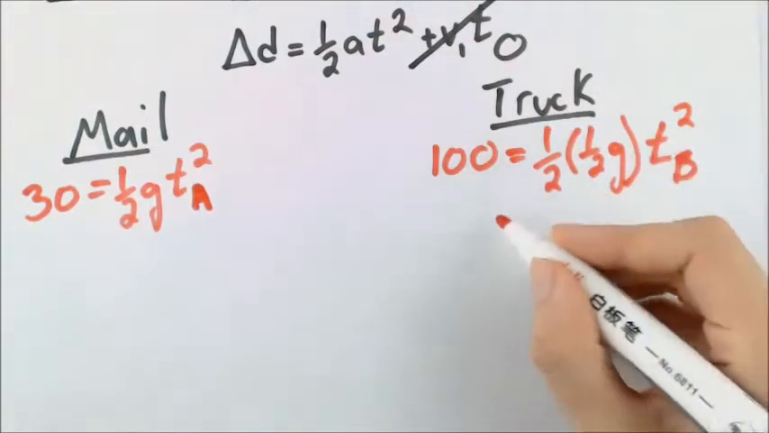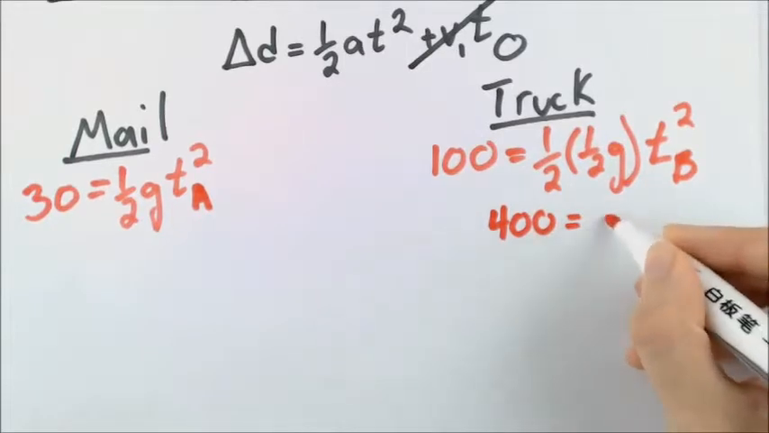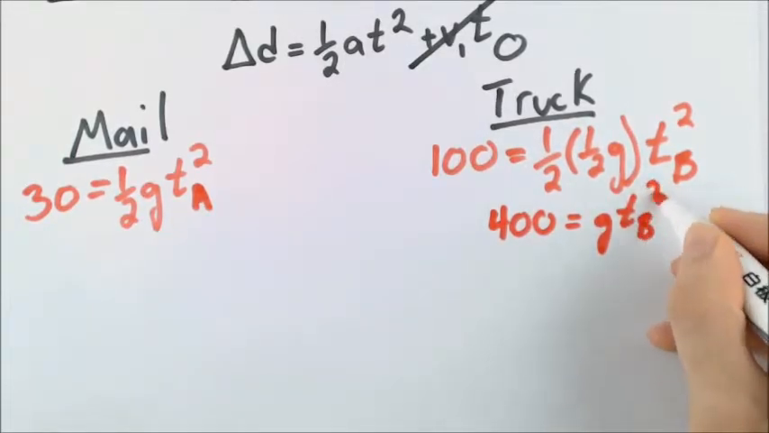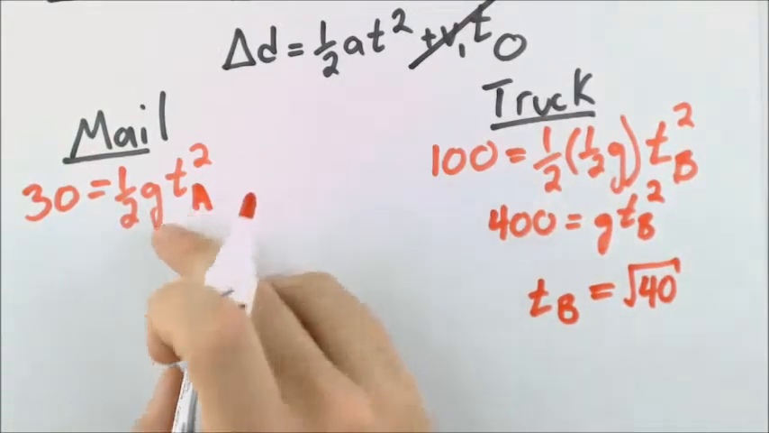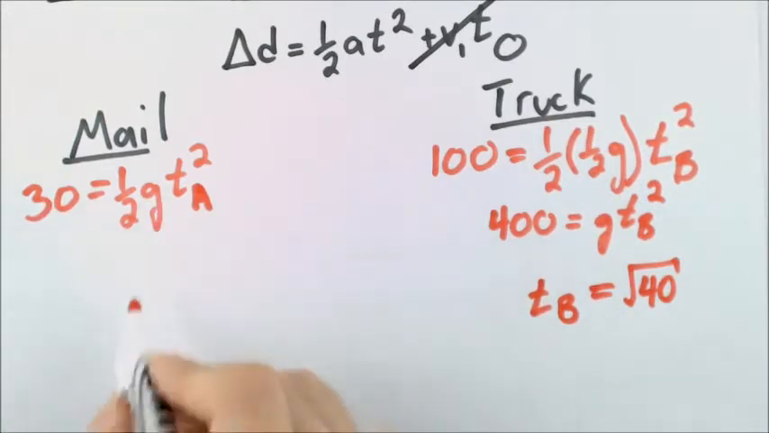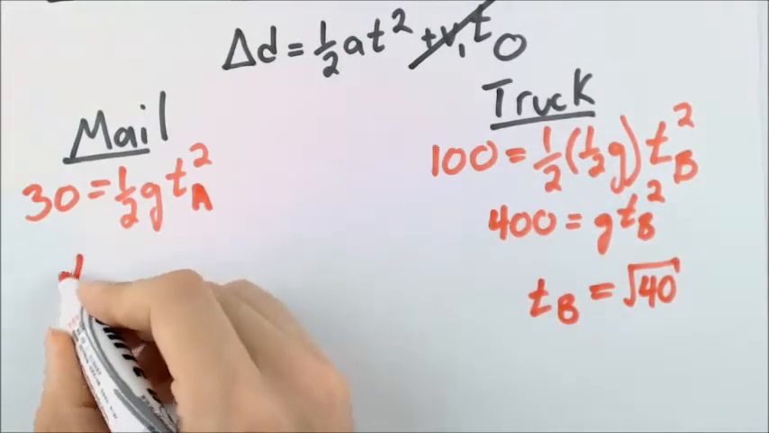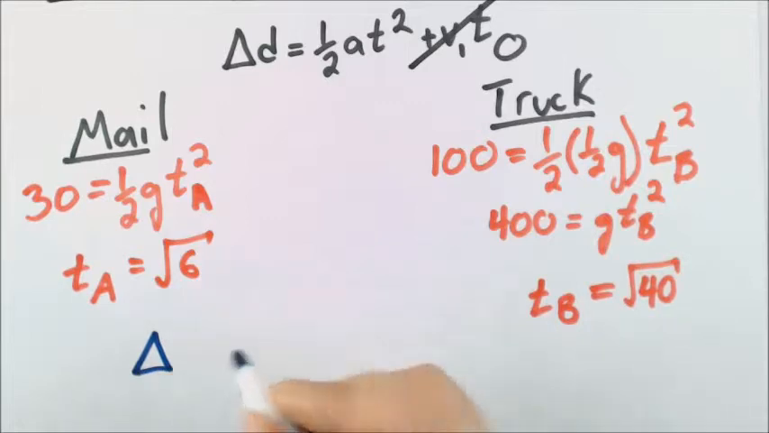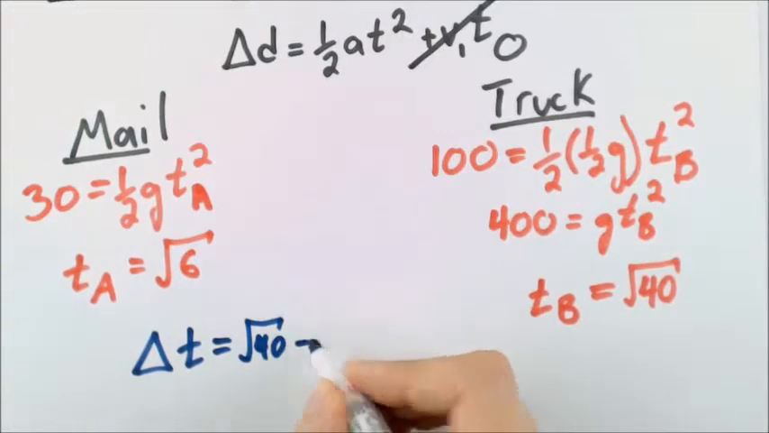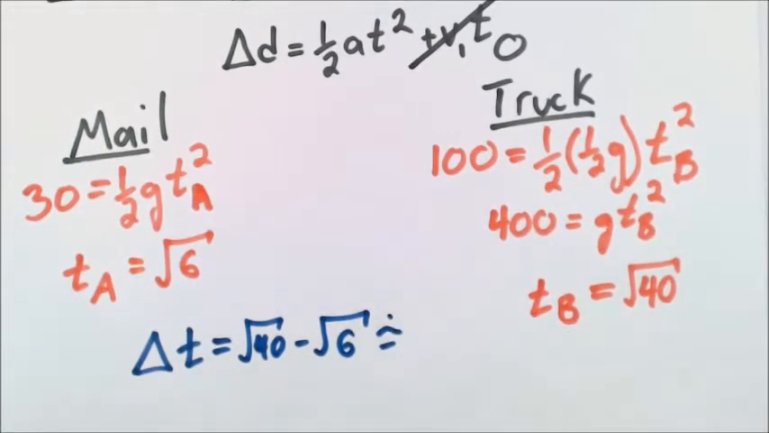So solving this half, we get 400 is equal to g tb squared. And if I say that g is equal to 10, which is a fair enough approximation, then we get tb is about equal to the square root of 40. Over here, if we say again g is equal to 10, then we have 60 divided by 10, which is just 6. So tA is equal to the square root of 6. Okay, now all we need to do is say what is the difference in time. That is, what is the square root of 40 minus the square root of 6. And that is about equal to 3.9, which would have been answer